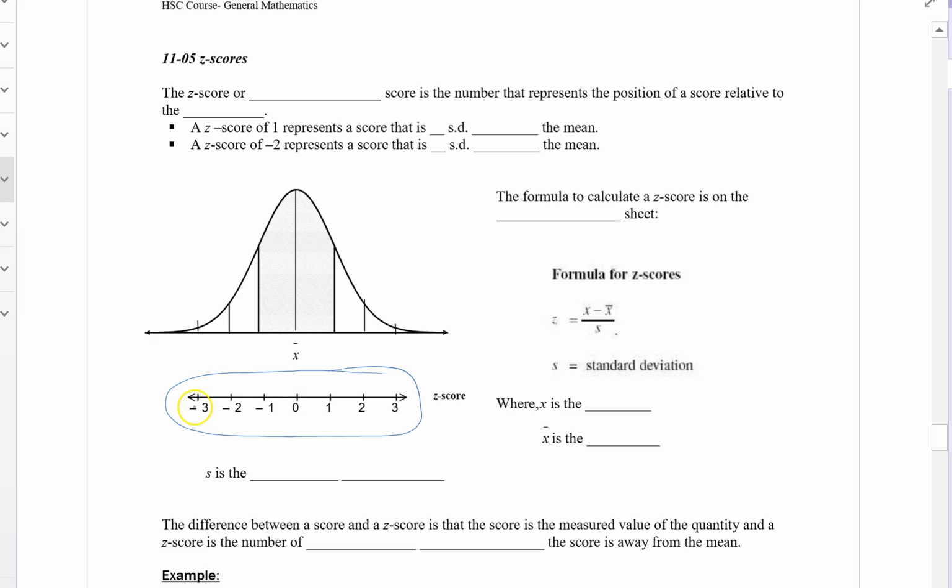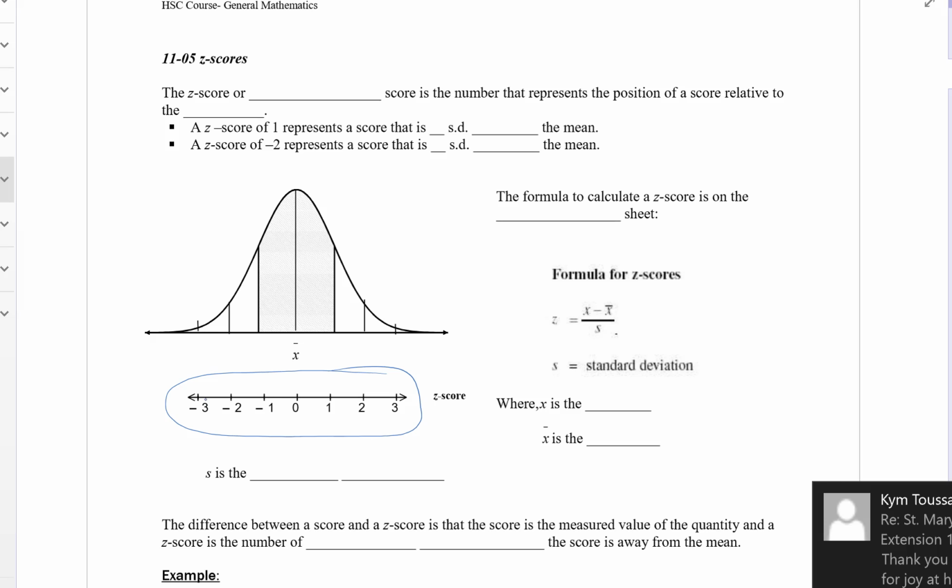It doesn't have to be a whole number. And the Z-scores could also be negatives. So anything negative, in terms of a Z-score, tells you you're below average. Now, it's these Z-scores which allow us to do a comparison between two sets of results, which is what you look at in